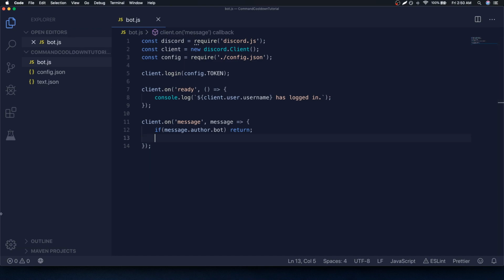Okay, so what we're going to do is add cooldowns to specific commands, and the reason why you'd want to do that is to prevent people from spamming certain commands that might require a lot of, let's say for example, API calls. Let's say you have a command that displays a random image, you want to make sure that you are limiting that command so people are not